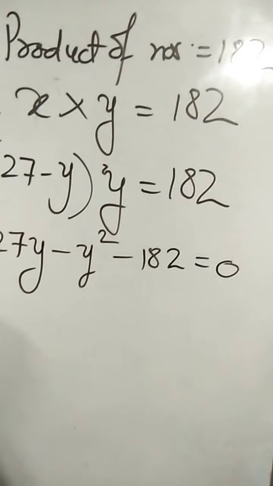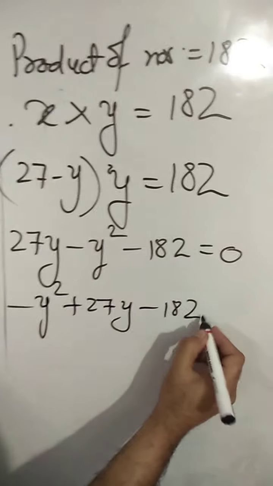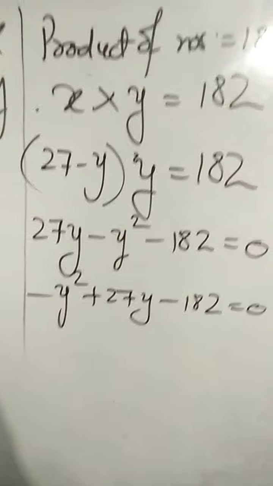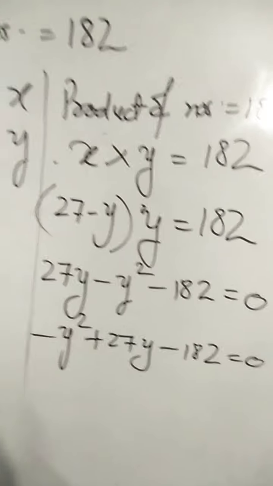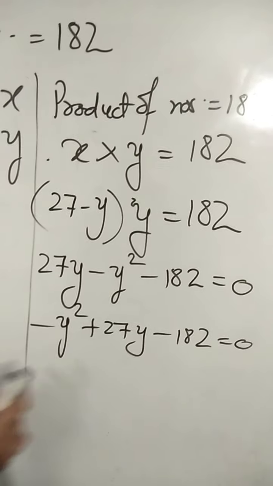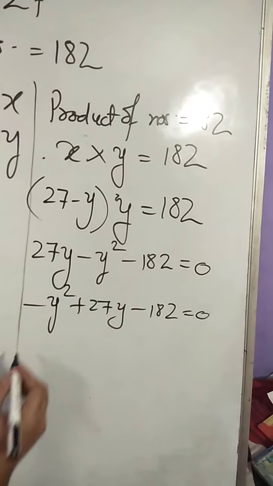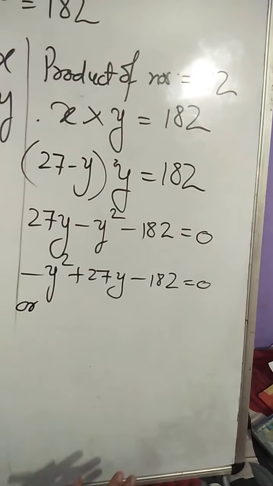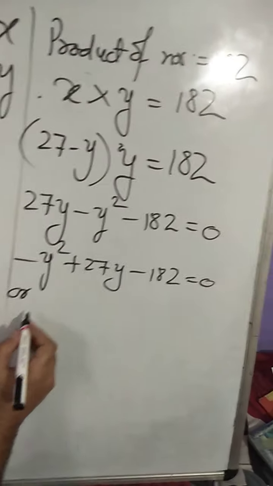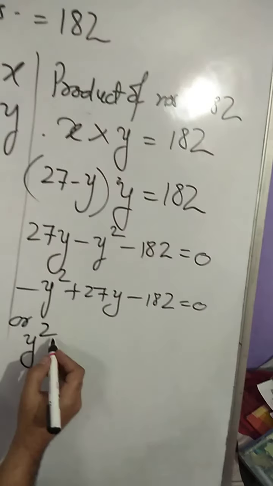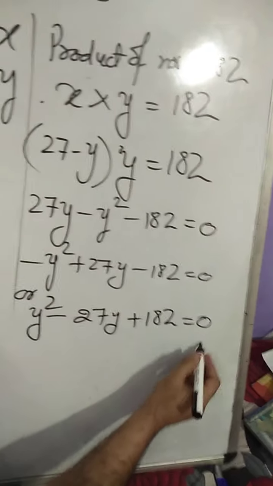So write it in the standard form. Standard form, minus y square plus 27y minus 182 is 0. We get one quadratic equation here. एक बात और याद रखनी है आपने हमेशा कि अगर क्वाड्रेटिक इक्वेशन में लीडिंग टर्म, मींस द फर्स्ट टर्म, स्क्वायर वाली टर्म इज नेगेटिव, देन इट इज ऑलवेज बेटर टू मेक इट पॉजिटिव. So what we will do, we will simply multiply both sides by -1. इसका साइन चेंज हो जाएगा, पॉजिटिव हो जाएगी, बाकी जैसी मर्जी हो. So if you multiply both sides by -1, then we get this equation.